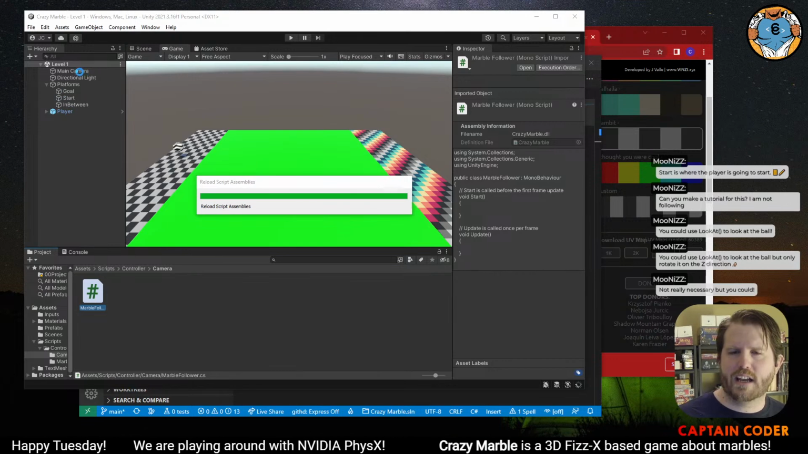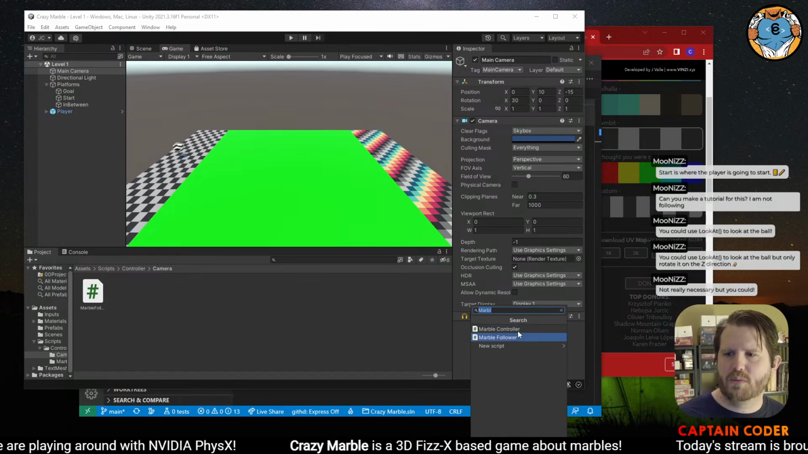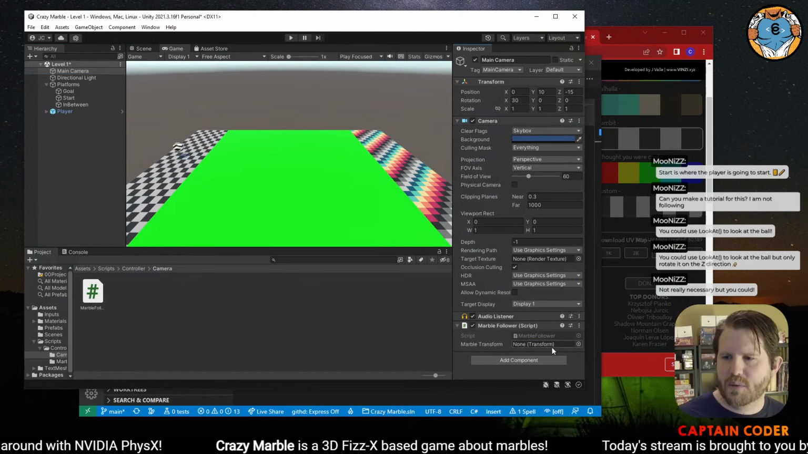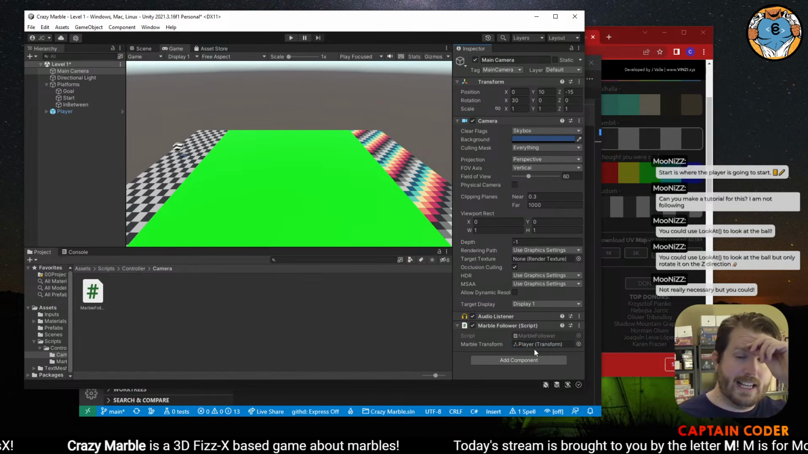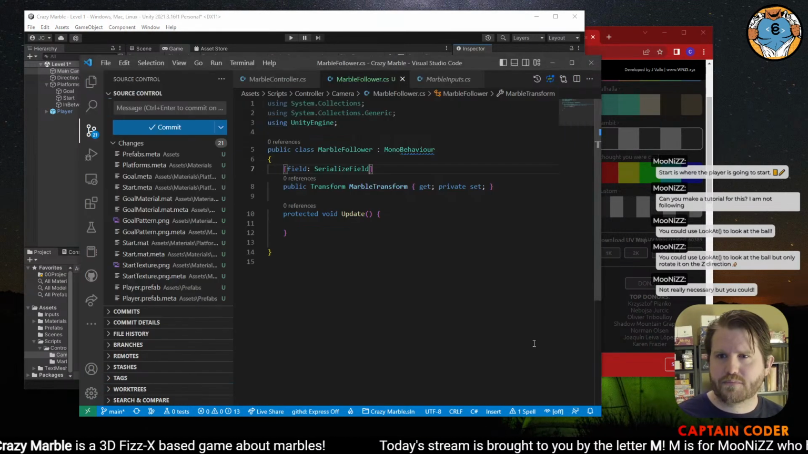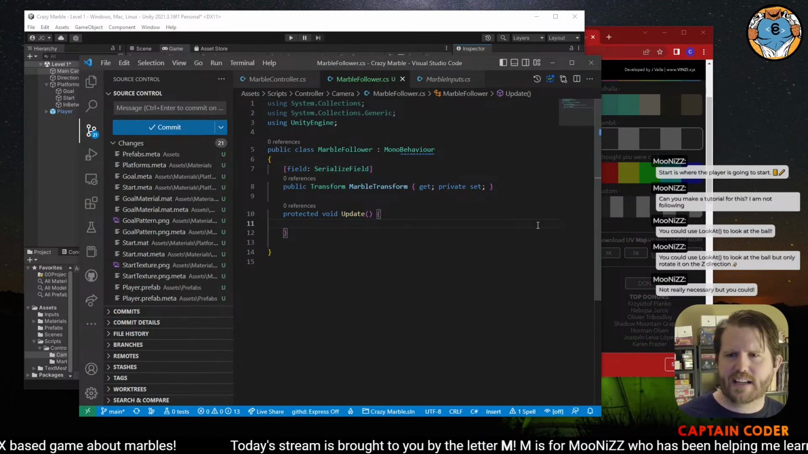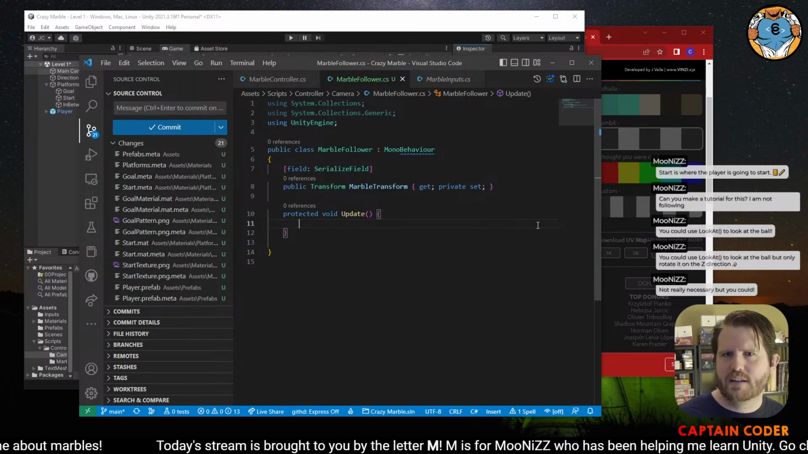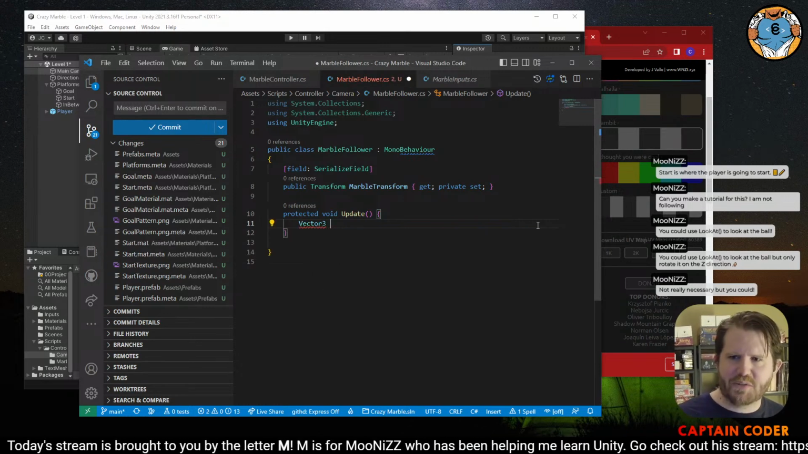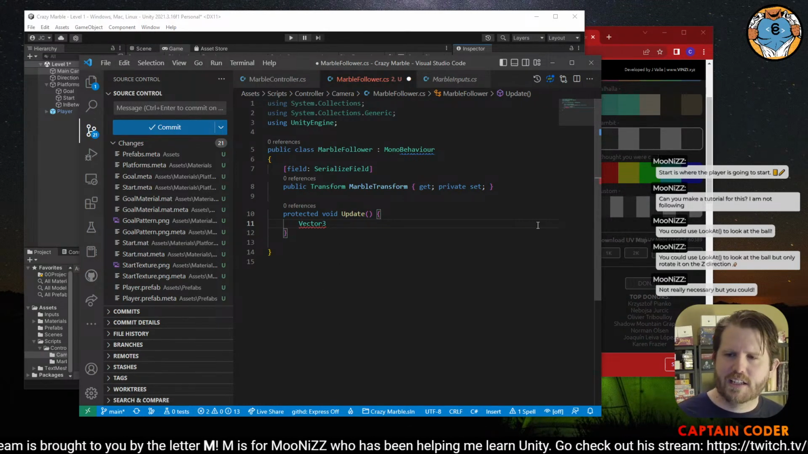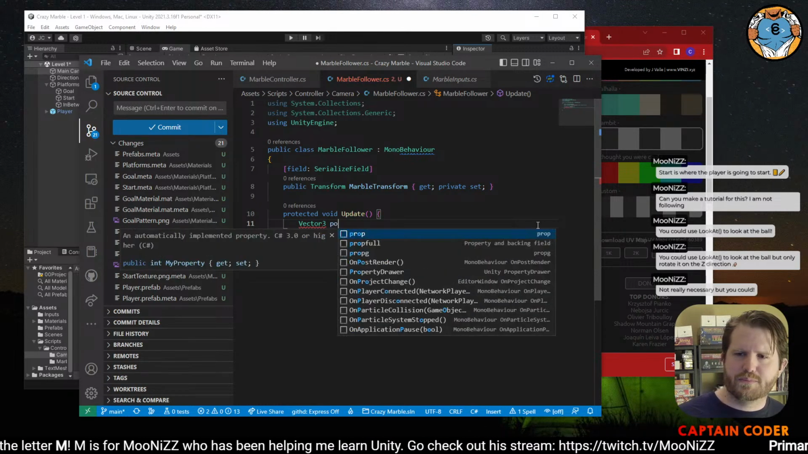And on our main camera, we're gonna add in our marble follower, and the marble follower is gonna follow our player, like that. Okay. And the easy thing to do is just make this thing follow the X and Y. So we're gonna get our vector. Moonez taught me this one too, where we got our position